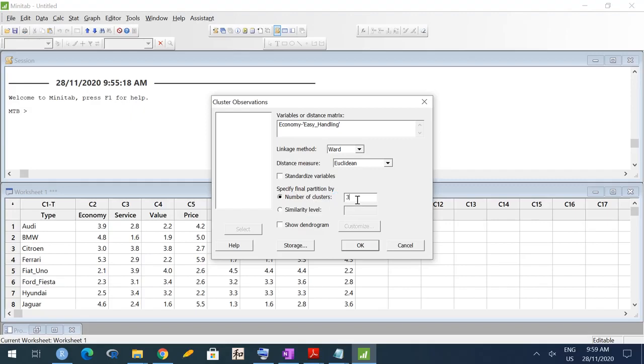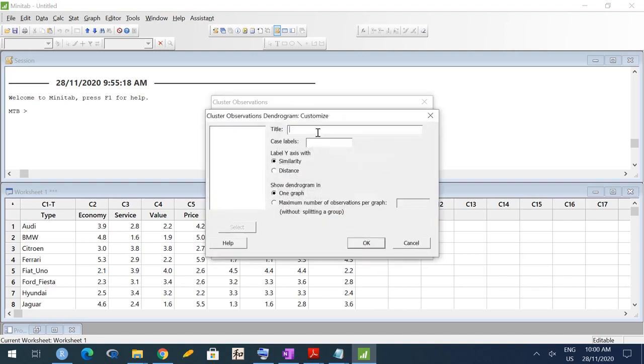Today let me specify number of clusters and we want to see the dendrogram. So we'll say show dendrogram, with whatever title, say cars, and case labels, the names of the observations. The type of the car is the name of the observation, so we can have it on the x-axis. And on the y-axis, do we want similarity or distance?